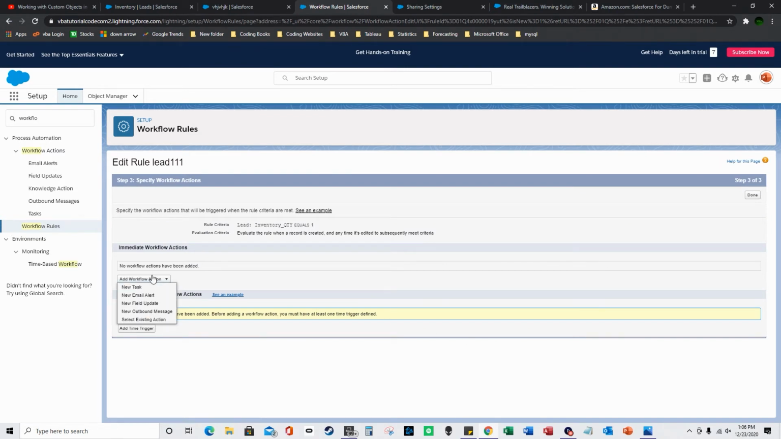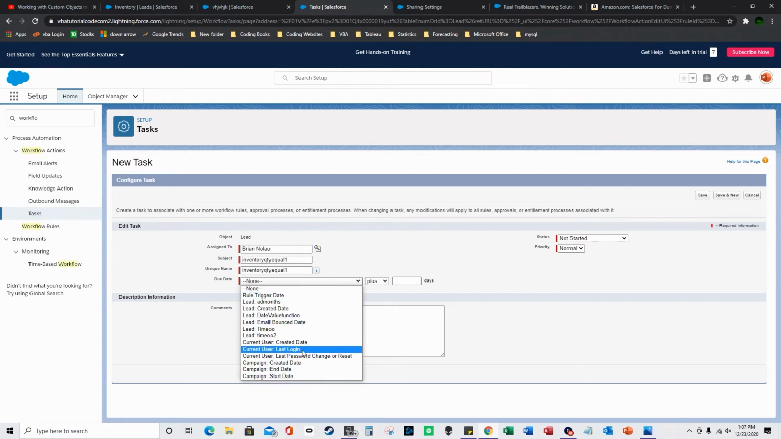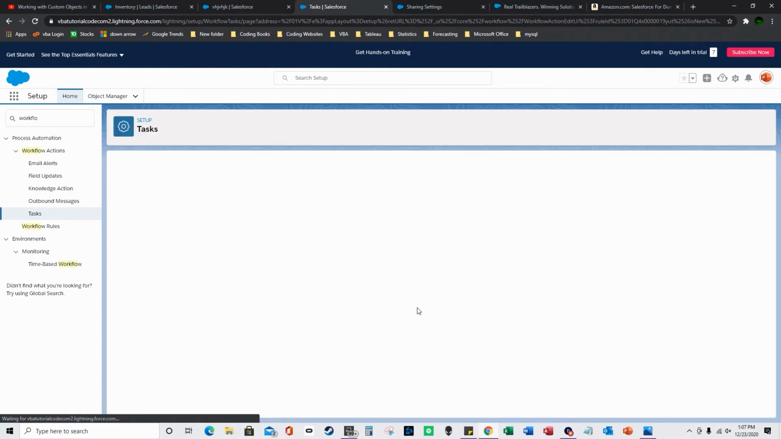So for this workflow action, I'll do new task. So you can assign a task to a certain user, based on a certain criteria being met for a certain field, and the task assignment will just be inventory quantity equals 1 as the subject, and you get a due date. So I could say the rule trigger date plus 7 days. So whenever the rule gets triggered, plus 7 days, and you could set the status of the task and priority. So I'll click save and new,